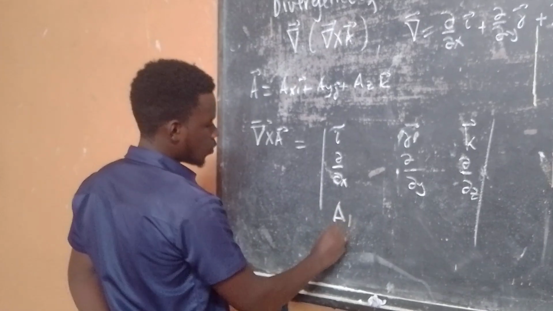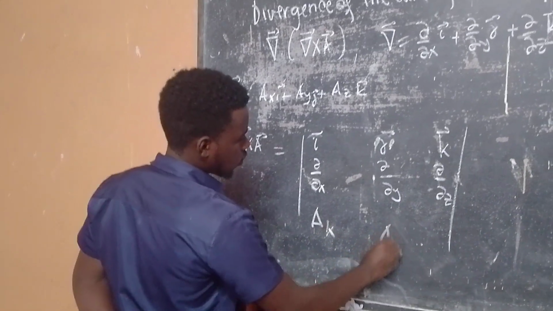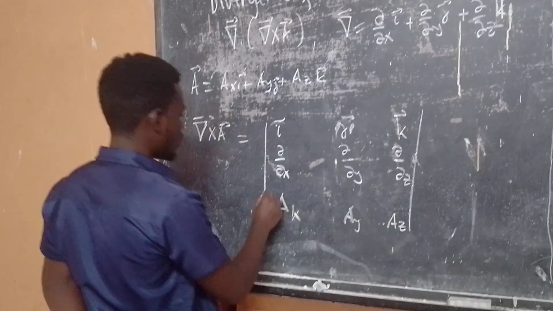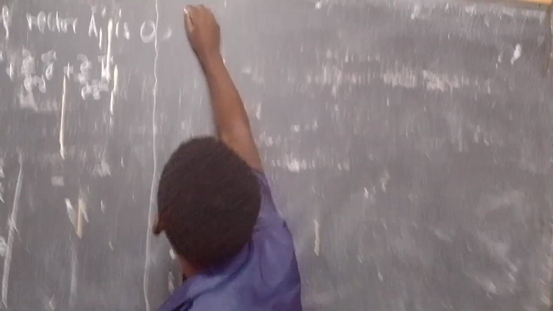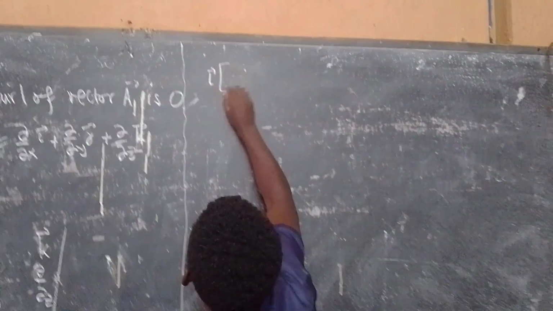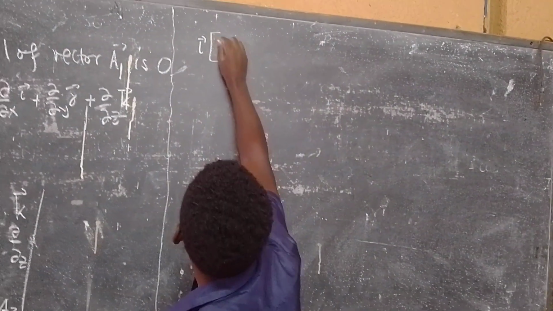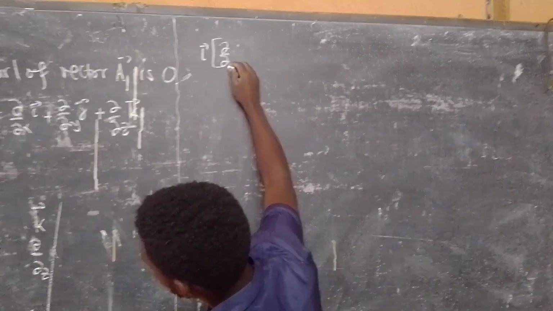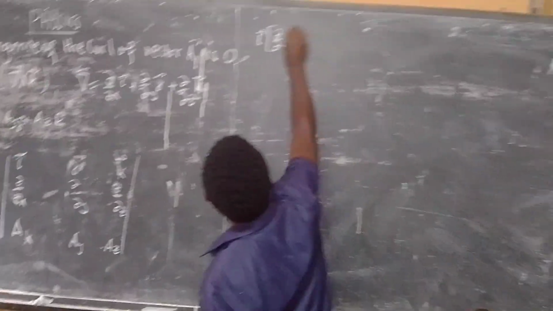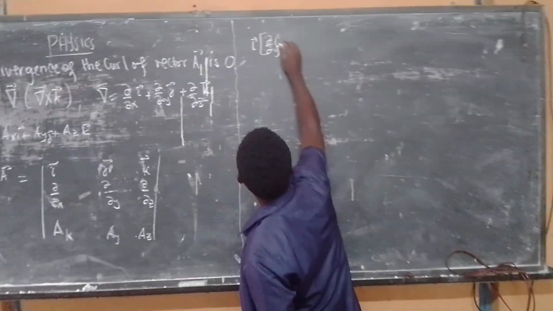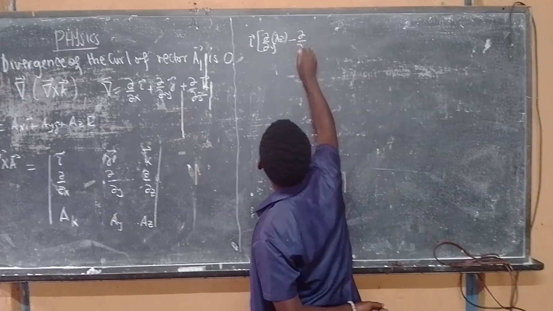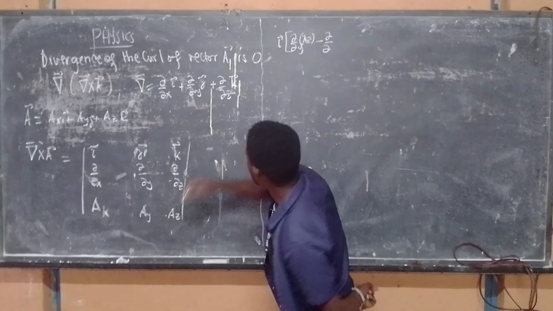We have the component on x, the component on y, and the component on z. So we have i, and we have the derivative with respect to y, and then az, and with respect to y,